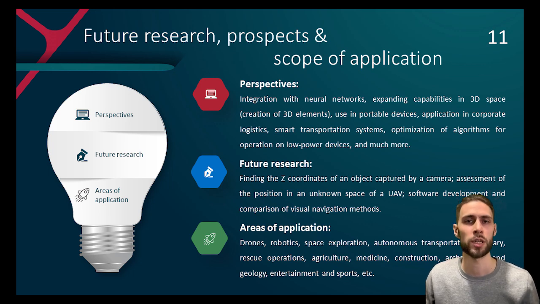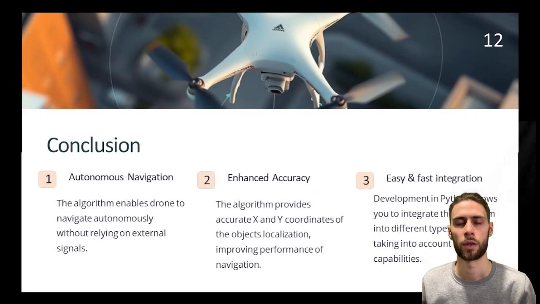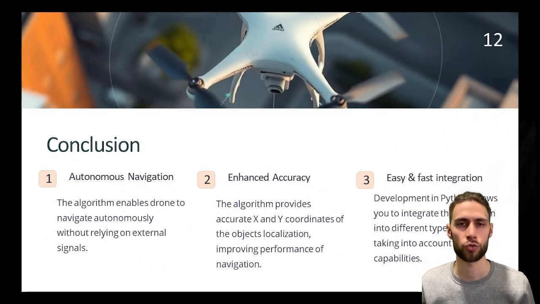Future research is to find the Z coordinate of an object captured from a camera, calculation of the UAV position in unknown space, software development, and comparison of visual navigation methods. The algorithm provides autonomous drone navigation without GPS, supports accurately determining the coordinates of objects, and is easily integrated